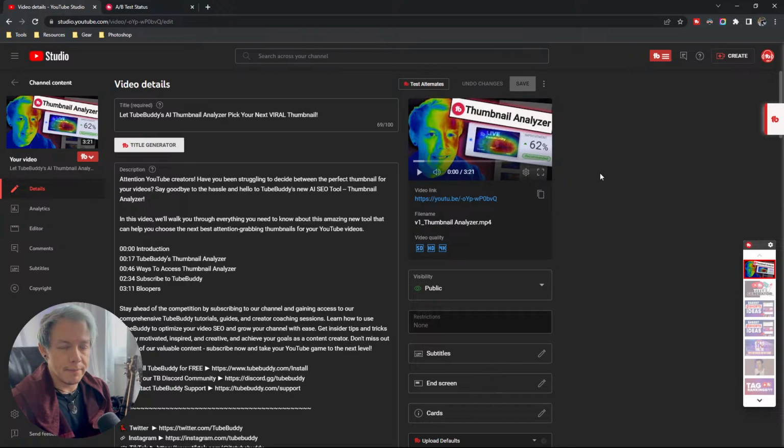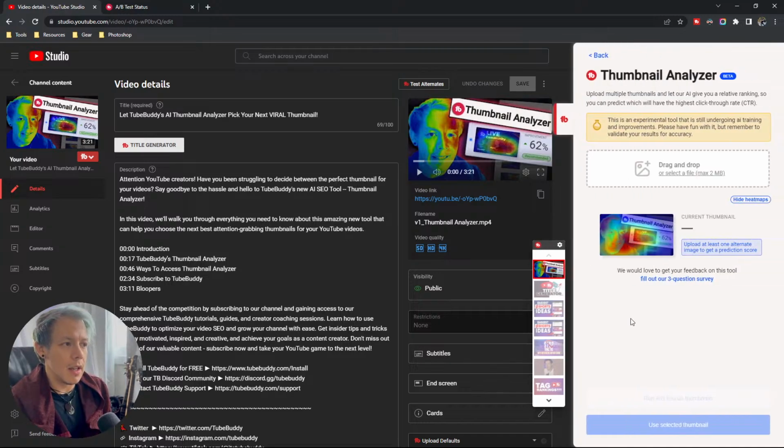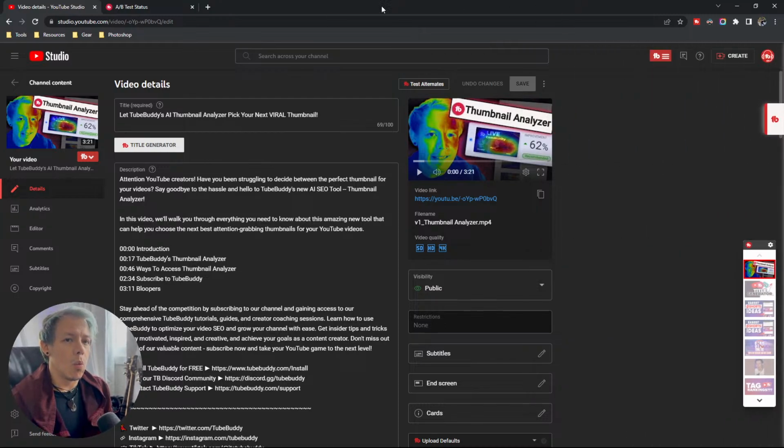Once you've done that, I'm going to give you a quick TubeBuddy workflow combo. When it comes to Thumbnail Analyzer, there are two times you can use this. One, you can upload a new video, set it to private, and play with some thumbnail ideas before you decide on any. And if you did do this process, what I'd also encourage you to do, aside from using Title Generator at the same time,